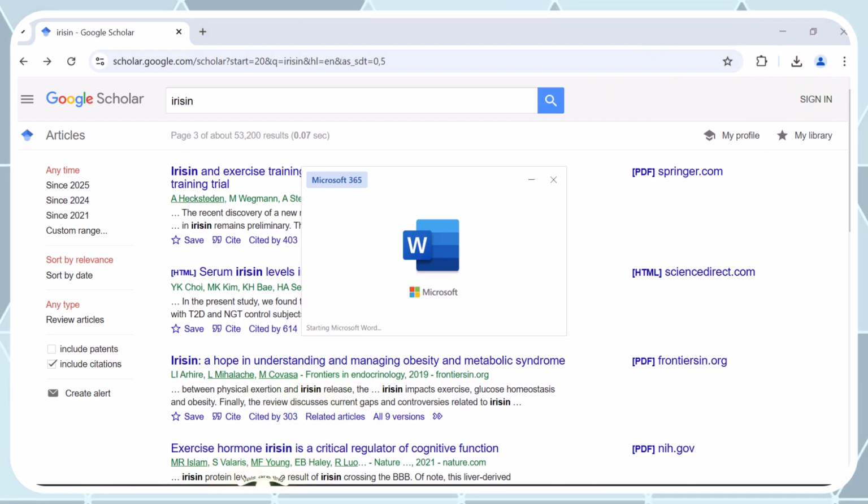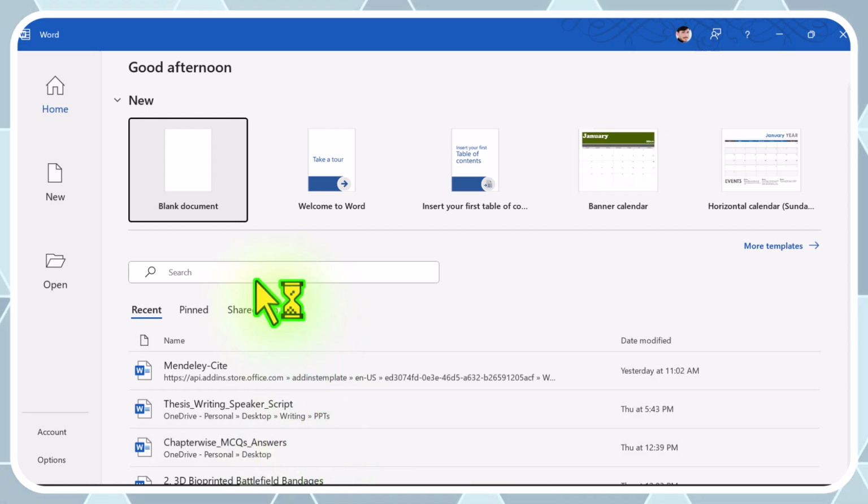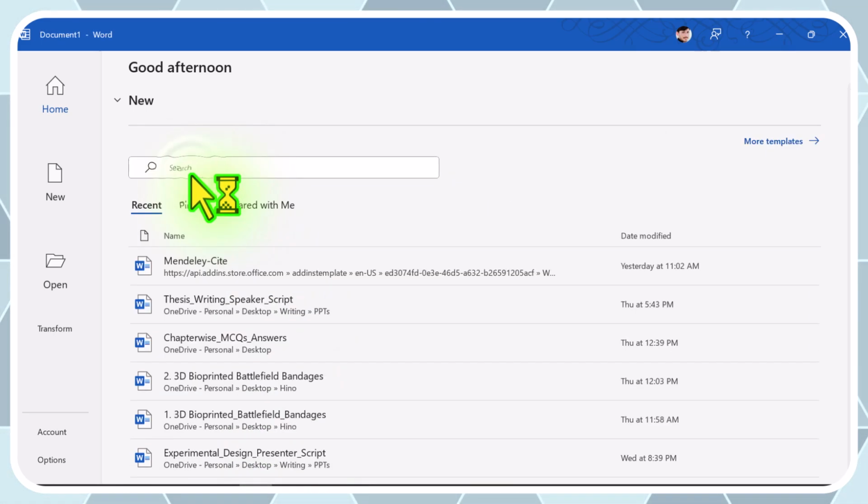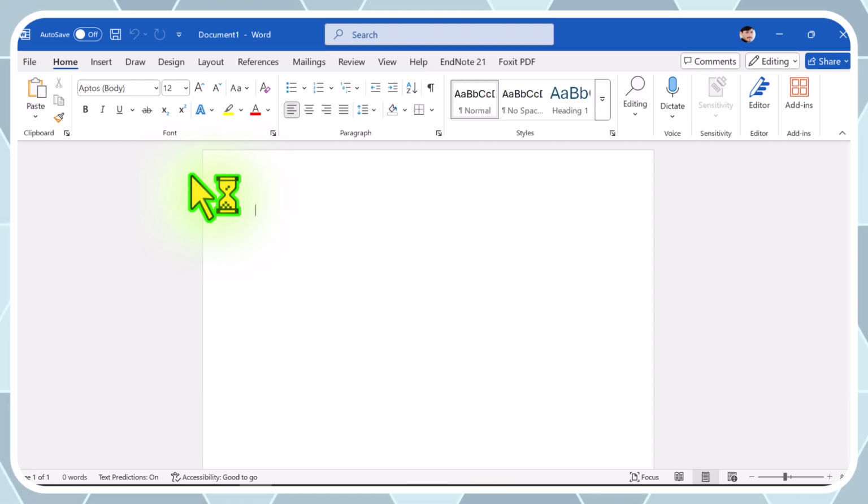So for that, let's go to the Word document file. We will open a blank document. Let's say you are writing the introduction to your thesis,